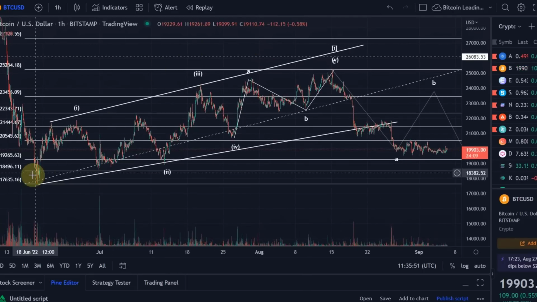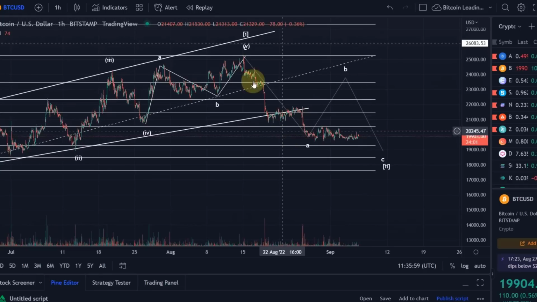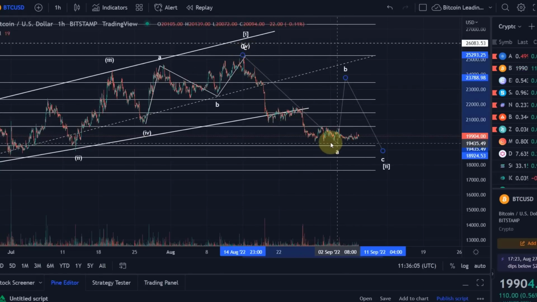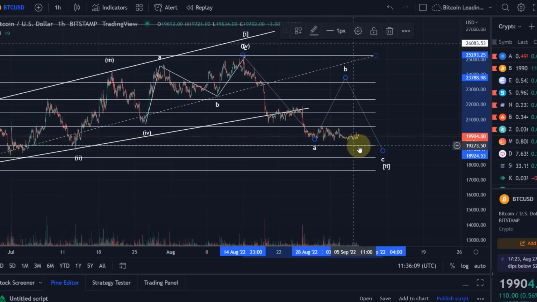Also here we could say that we've had the 1, 2, 3, 4, 5 move up already complete, and that we are now heading down in, again, what could be only a wave A. Yeah, so it could very well be this is only the wave A. We are moving up next in a wave B to the upside, and there are different interpretations where the wave A could end. We're going to move up in a wave B and would then come down in a wave